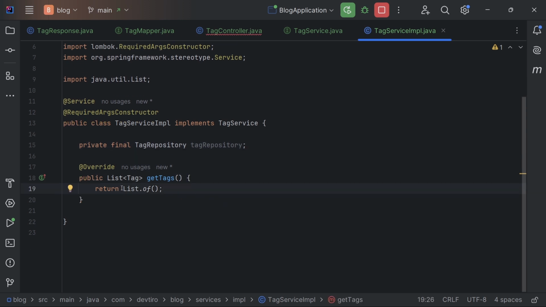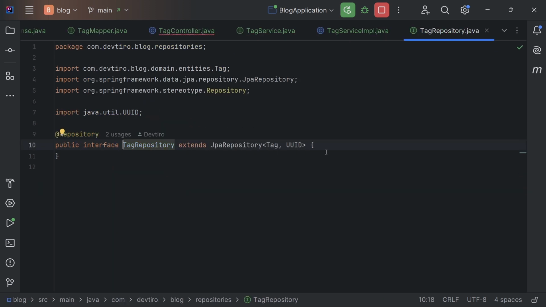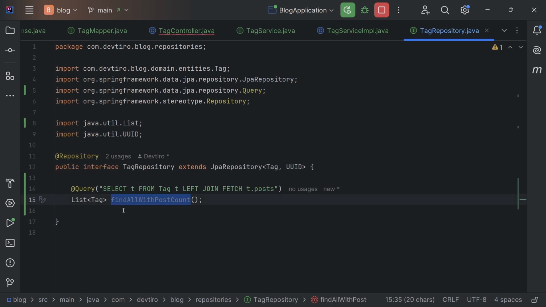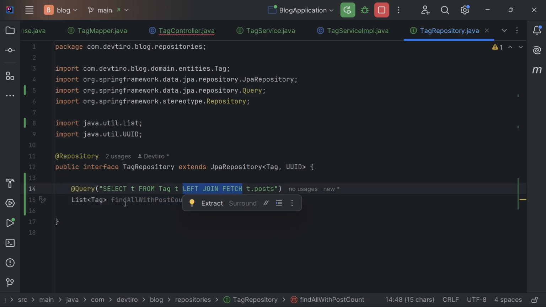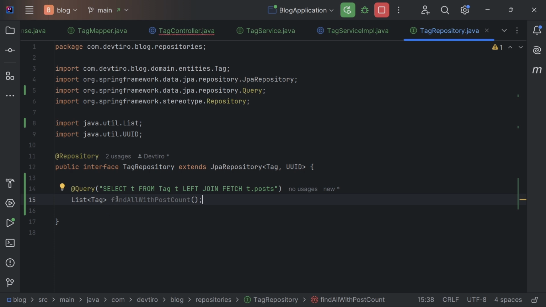Now we could do tagRepository.findAll, but that's not the most optimal way of doing things for the same reason as for categories. So let's just double check our tag repository. Okay, yes, so let's add a new method here, very similar to how we had on the categories repository. There we go. So we just created a method called findAllWithPostCount. We're specifying a query here, and it will do a left join with post. So this will include all of the posts that we need to do our post count. Rather than relying on Hibernate to go one by one and doing several queries, we're doing it in one query